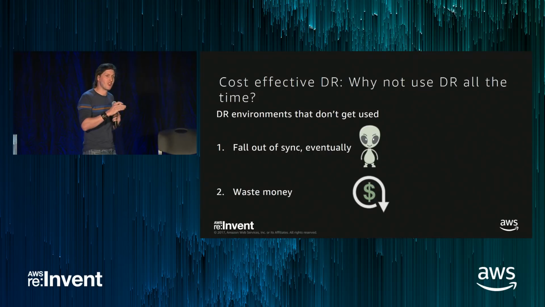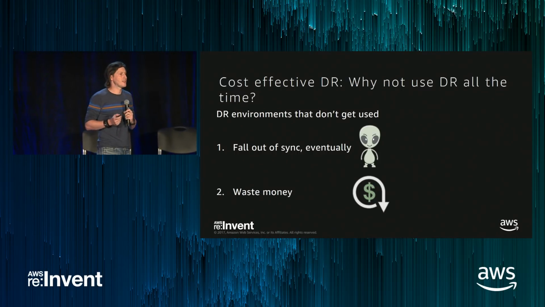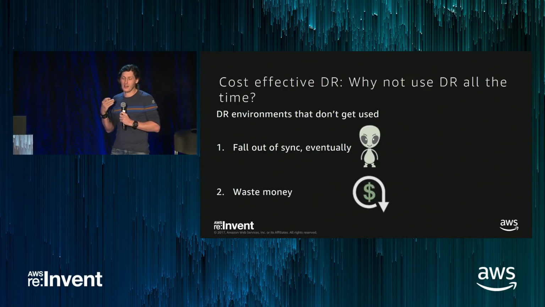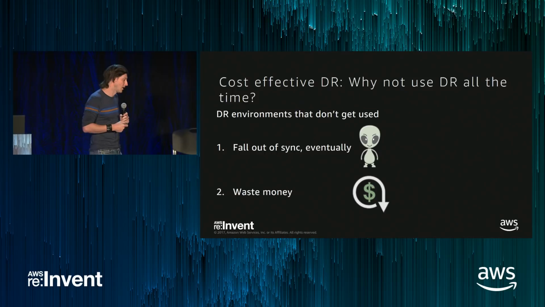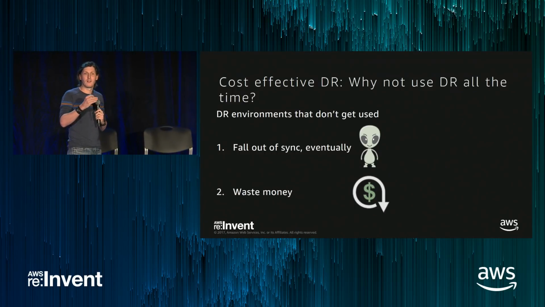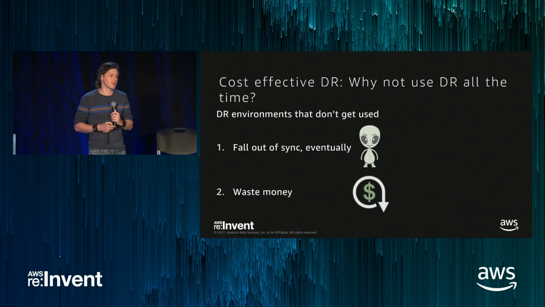So wherever you can get away with using active-active, you want to. You're not wasting money. It's forcing you to be in sync, particularly as you start doing things like more frequent code updates, release cycles. You're just forced to do good behavior. And when you do need to switch from region to region, you know it's going to work because it was already working for a subset of your customer base.